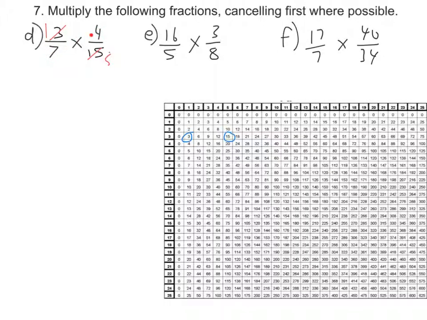I can't simplify this way, so I go ahead and I multiply the numerator by the numerator, so horizontally. So 4 over 35 should be your answer for question D. For question E,